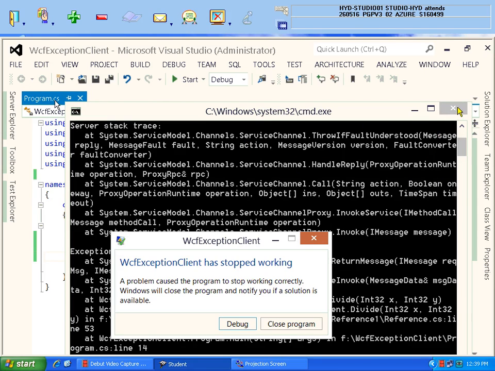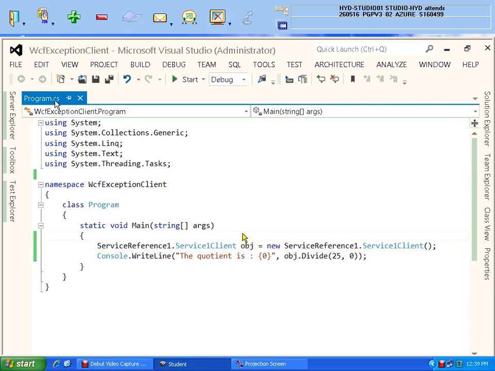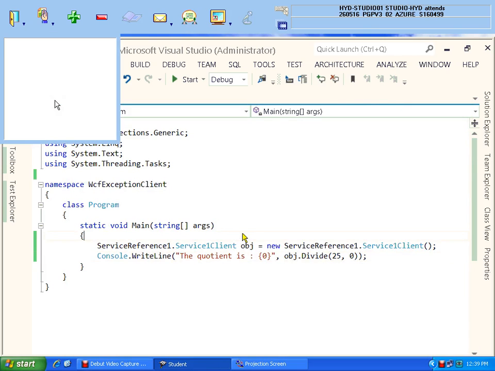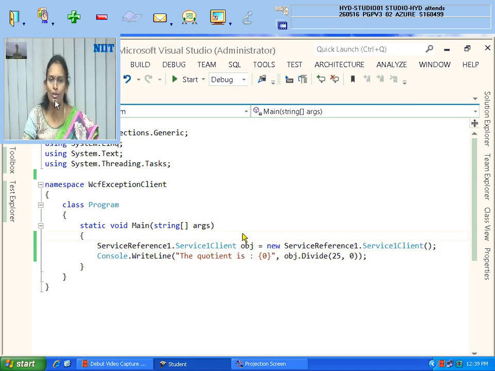But I don't want it like that. Only error information needs to be passed to my client application. Is that clear to all of you? What I have shown you, did you understand? Did you understand the problem? See, all of you click on plus. Anybody having a doubt in this, whatever drawback is there, please raise your hand. If you did not understand, tell me. So it is simply disconnecting the connection instead of redirecting some error information. No doubt, Devi. Very good.